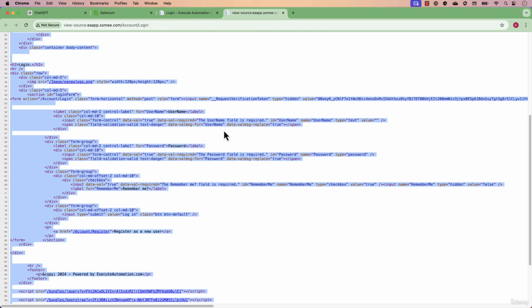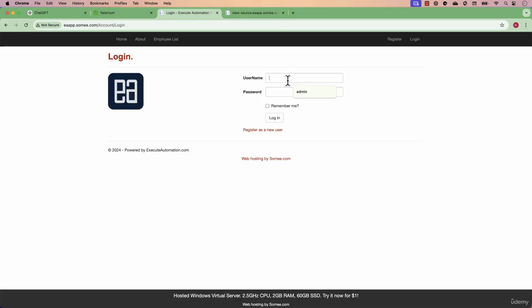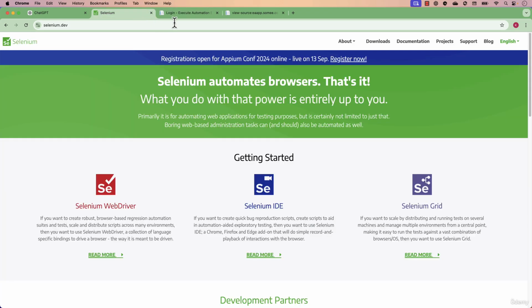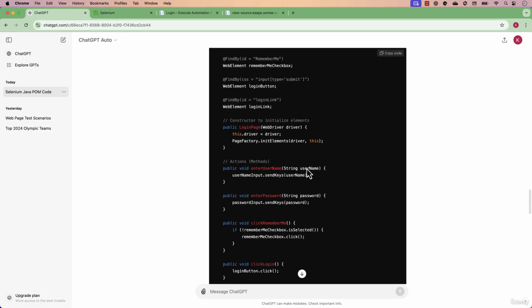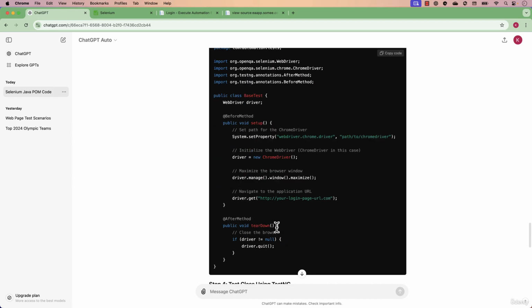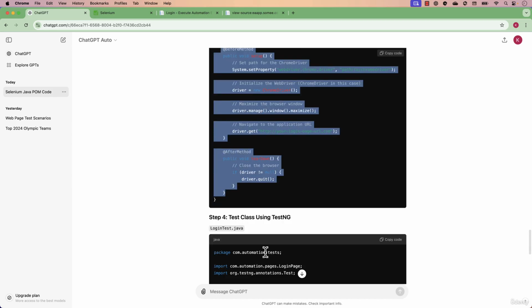I don't even have to do anything in here because it could go into the page. What I mean is, we just go and inspect this particular element, the Selenium inspection that you always do to identify the locator. You see that it knows that the ID is equal to username and the name is username, something like that. So it knows the locator as well. It just scrapes everything for you, and then it writes the methods for you, which is amazing. And it has already put in the test method for you